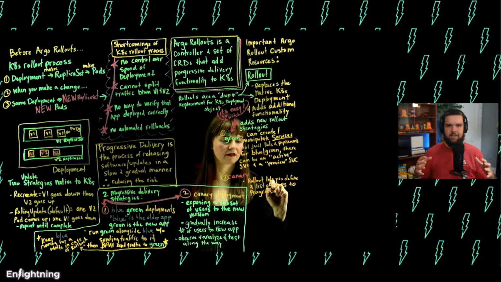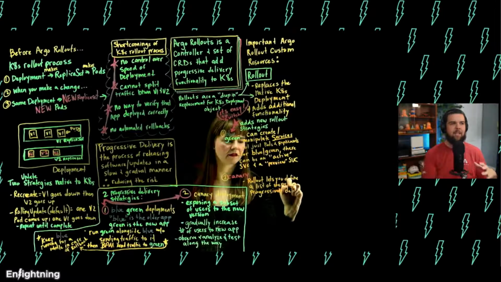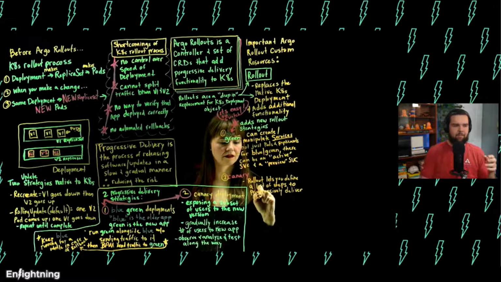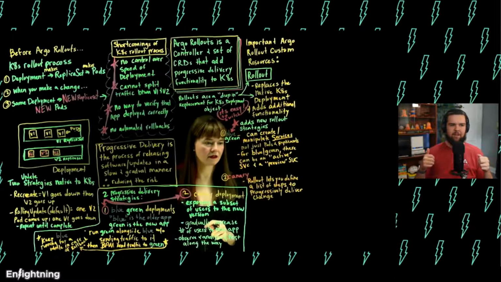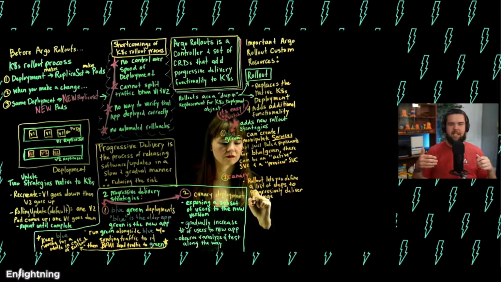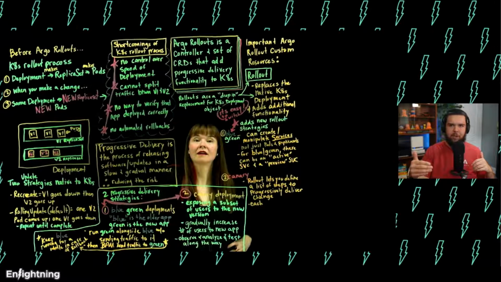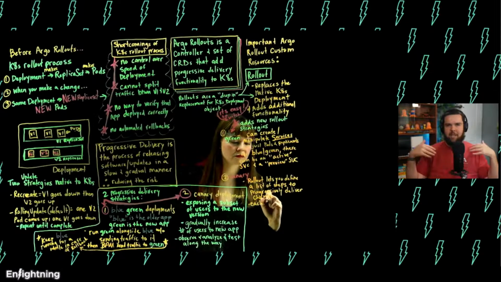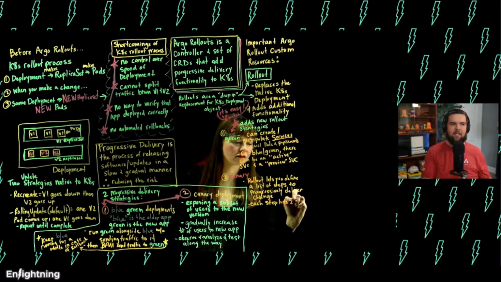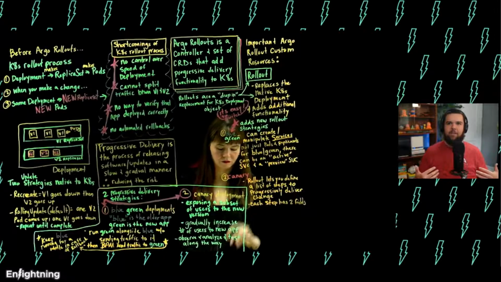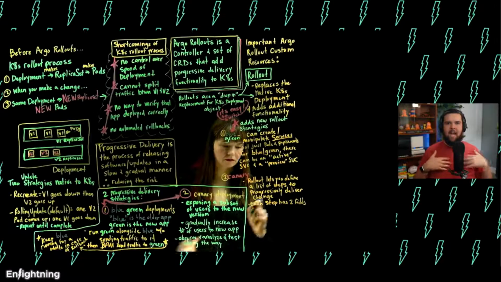And so in each of those steps, you can set two fields. You can set the weight, which dictates the percentage of traffic that should be sent to the canary version, that new version that you're giving to a subset of users. And then you can also add in a pause, which pretty obviously says how long the canary deployment should stay at that step